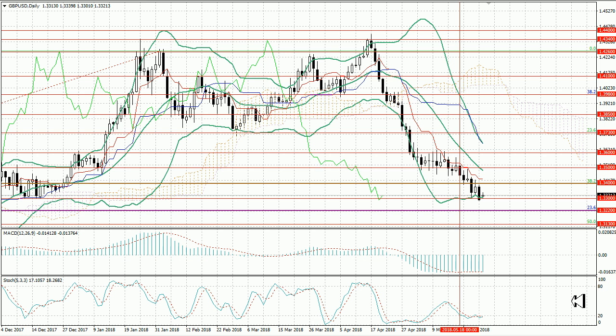Last week, the pair GBP-USD was declining and reached the level of 1.33 at the bottom line of Bollinger Bands. In case of its breakdown, the price may drop to the levels of 1.3220 and 1.3130. Otherwise, growth to the levels of 1.34 and 1.35 is possible. The latter would be the middle line of Bollinger Bands.